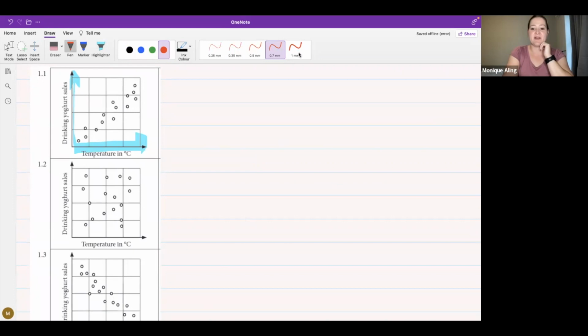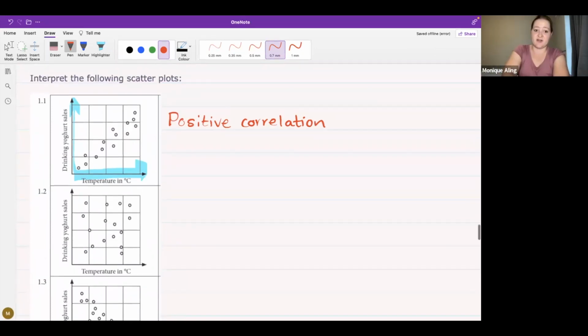Good, we all picked up on that quite quickly. This is a positive correlation. So if that was a question for 1 mark, you would just say positive correlation. But it says interpret the following scatter plot. So you would say positive correlation, and you could say the hotter it gets, the more yogurt sales, drinking yogurt